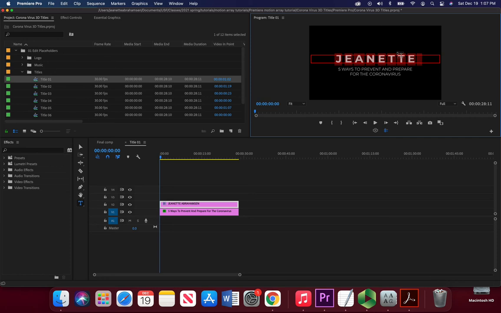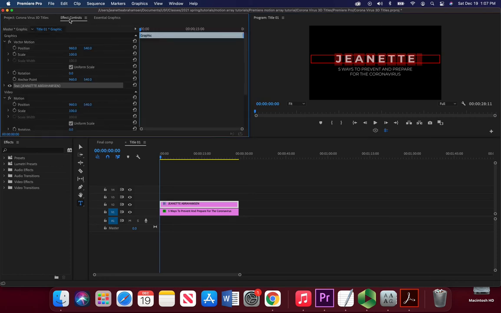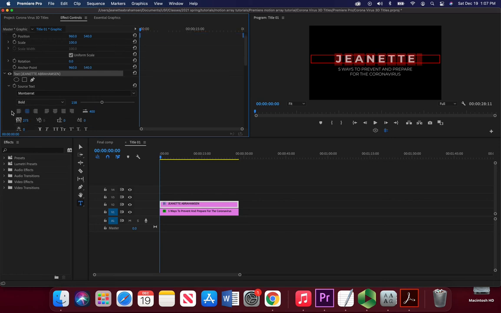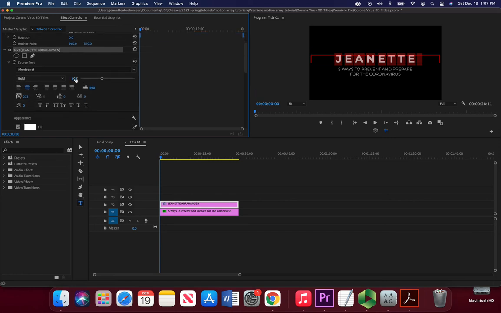But if you can't, you always want to go over to your effects control panel, and here's the little text thing. You see it says my full name, but because it's too long or this space isn't big enough, it doesn't show up. So I'm going to drop this down in effects control. The font is correct. That's the Montserrat font we downloaded earlier. This is the font size. So one thing I could do is just reduce the font size, and now you see the full Jeanette Abrahamson pops up here. That's probably the easiest thing to do. But you do have other options if you wanted to change